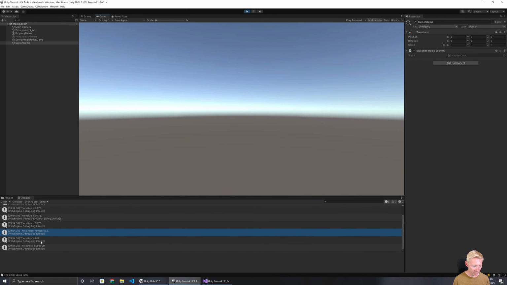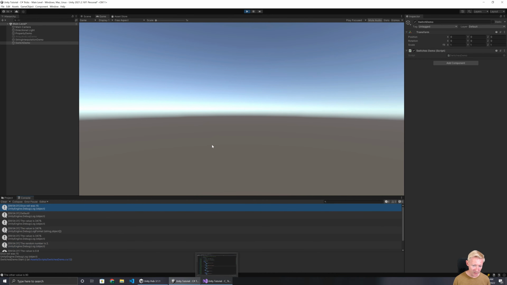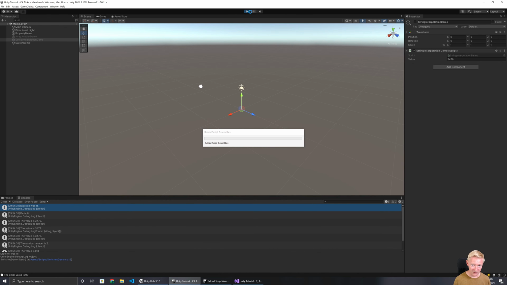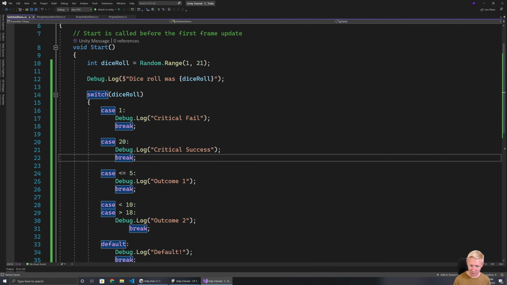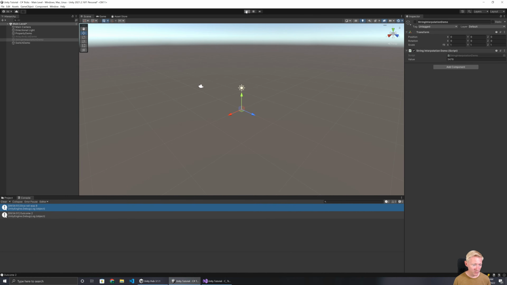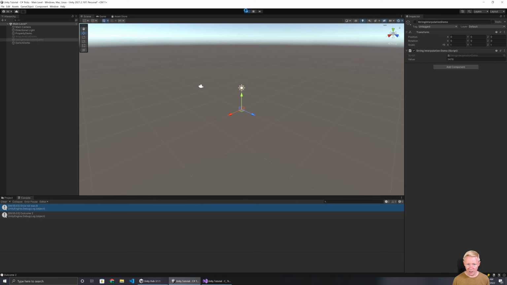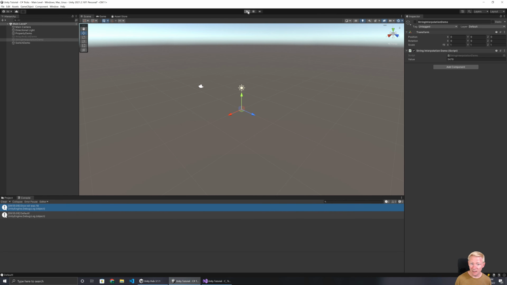So we can see the value, we've got the dice roll was 15, which came up with default, which we'd expect. And I'm going to turn off these other ones just so we can only see its output. So we'll run it again. It was 9, so we got outcome 2, which we expect. Whereas before for 15 we got default. So 8 gives outcome 2, and we could inject specific values if you were testing it. So there we go, 18, also default because our test was greater than 18,